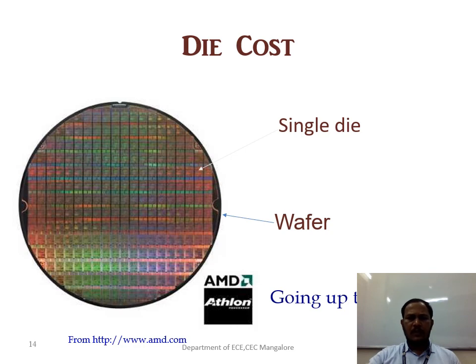The major advantage of silicon is its die. Whatever wafer we are getting here, in a single wafer, how many transistors can you manufacture? For example, here you can see a single wafer, and these square boxes are integrated circuits. If you can fabricate more integrated circuits, the cost also reduces.